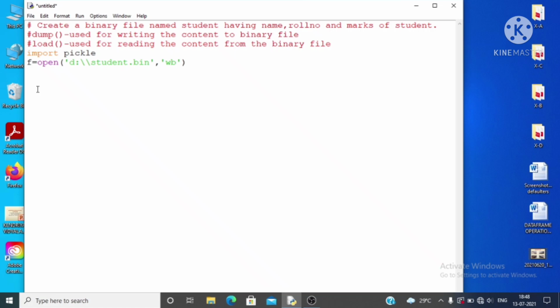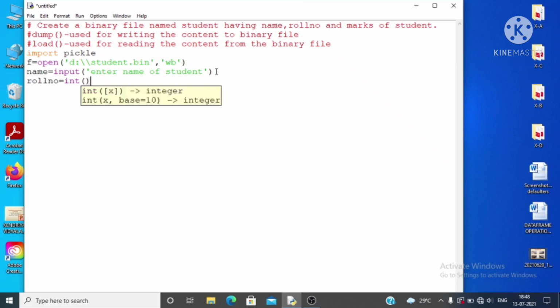Now after that I need to take name, roll number and marks of students from the user as input. So take the input from the user for name by using the input function, give it a prompt string, enter name of student. Roll number must be in integer form, that's why enclose the input function inside the int function.